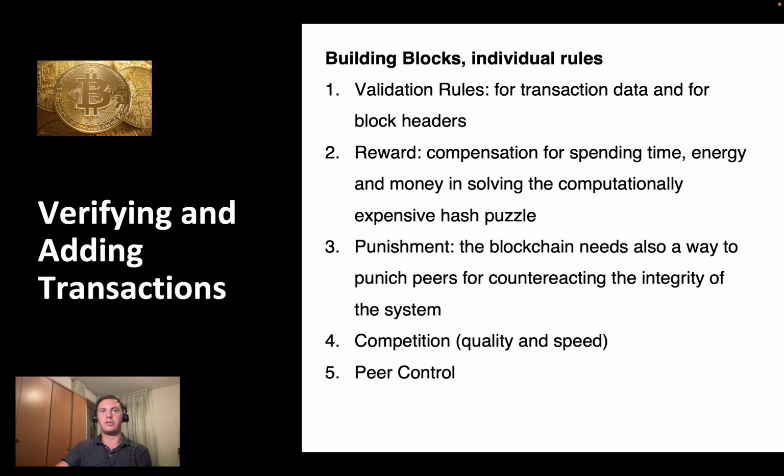The rules for transaction data define which data are required for describing a transaction. For example, correctness, semantics, and authorization, already seen in a previous lesson. The rules for block headers focus on the semantic correctness of the block headers. They are concerned with the way the information is added to the blockchain. A central element is the verification of the proof of work. Only blocks whose headers contain a correct solution of its individual hash puzzle are processed further. That's the first.